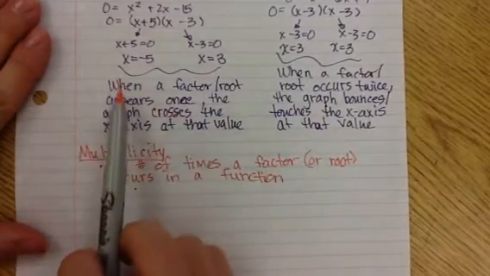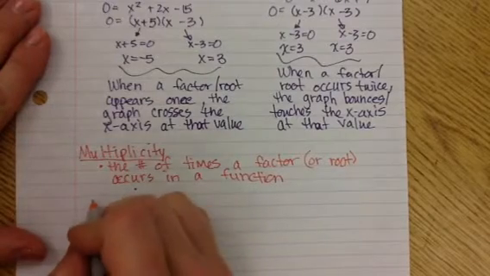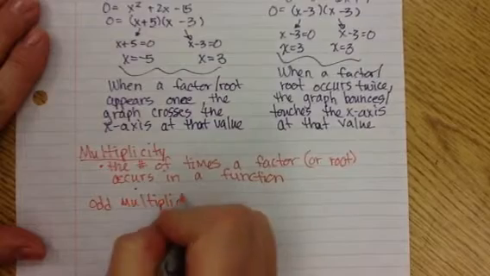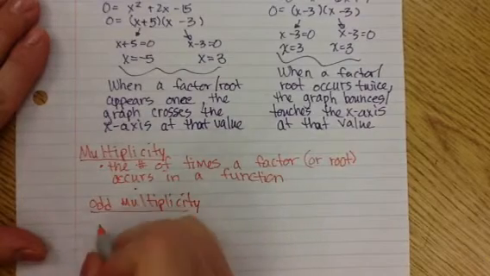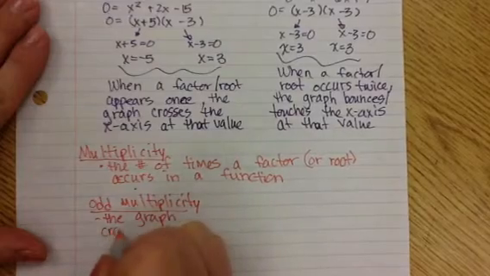So as we saw here, if our factor occurs an odd number of times, what's going to happen is that the graph crosses the x-axis,